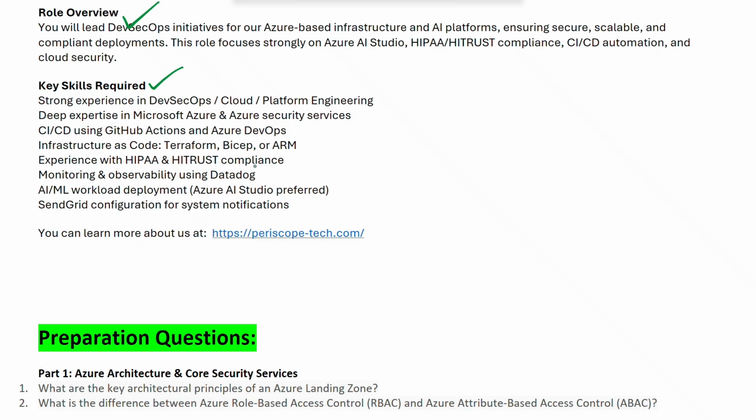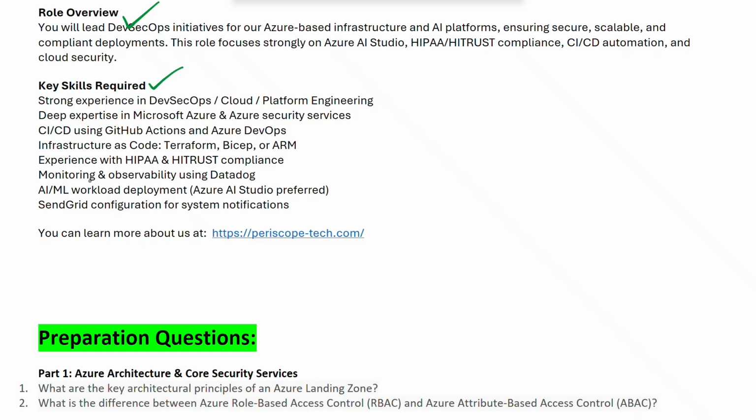Experience with HIPAA and HITRUST, which are compliance regulations. If a company deals with health or medical software and patient-related information, in that case they need to follow compliance with these regulatory bodies.